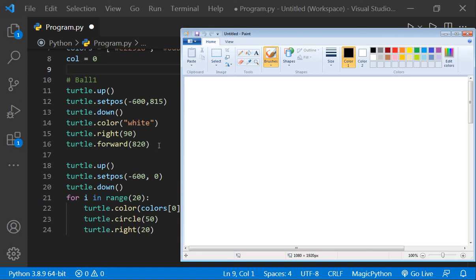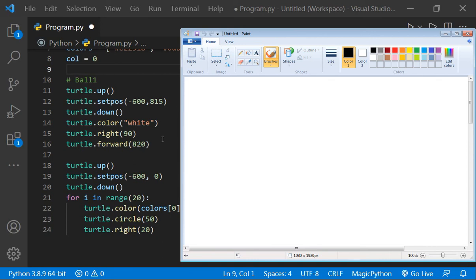Now in the next line we have written turtle.setpos to be -600 and 815. Set position sets the position of the cursor. The first value, -600, is for the x-axis, and the second value, 815, is for the y-axis.